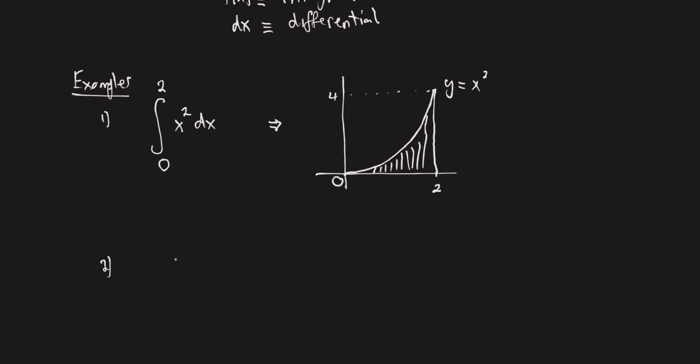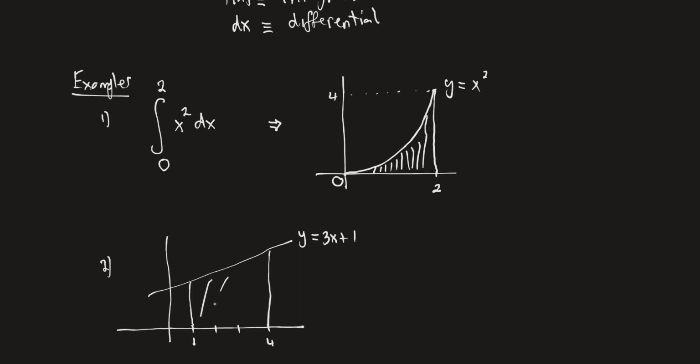So I could do something like this. Give a simple function, and let's say that this is a line like y equals 3x plus 1, and then let's make it like 1 to 4, and then shade this part of it, right? Then I could say,